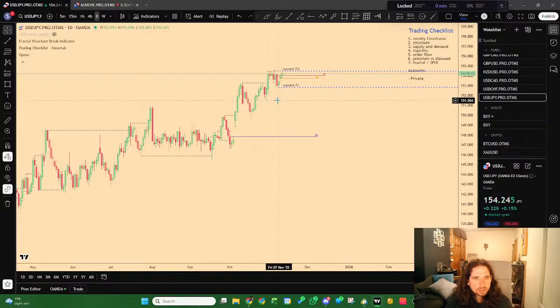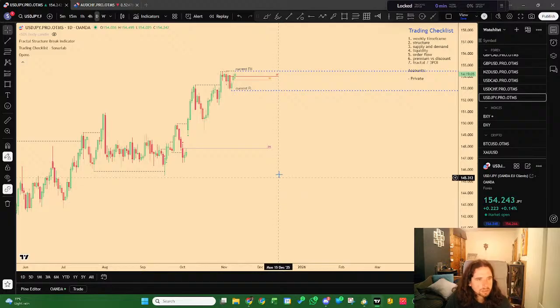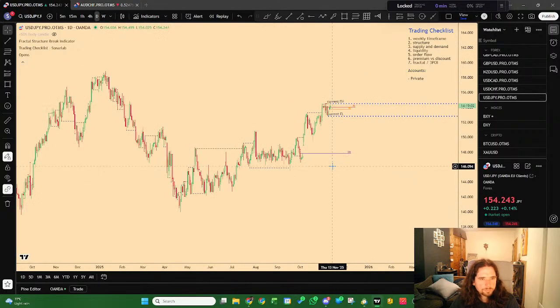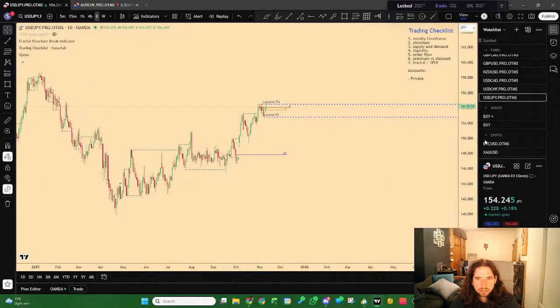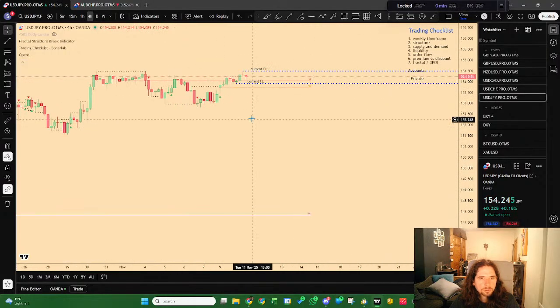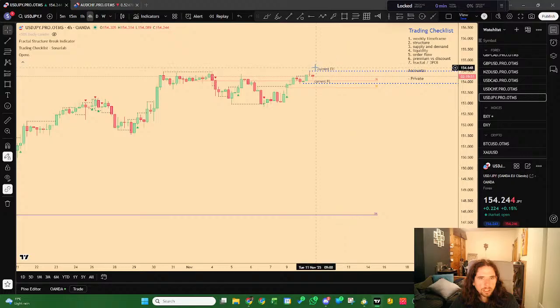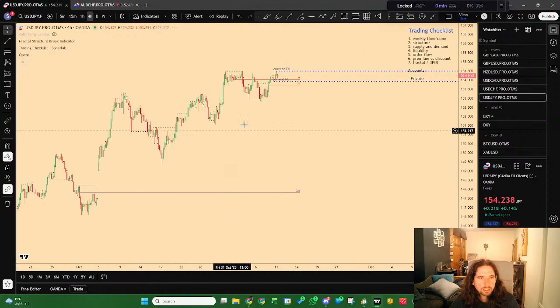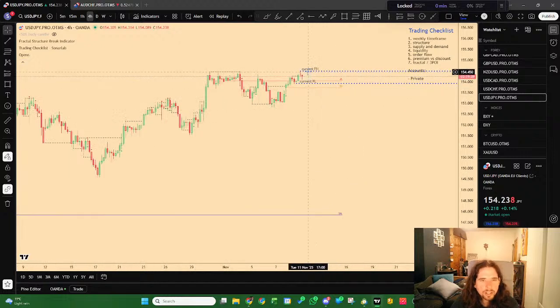That liquidity is still there. There's quite a lot of liquidity built up that we might see just going back down. Yeah, we've taken the liquidity up there on the 4-hour time frame. So yeah, I think we are going to be heading further down, and then yeah, we'll see once we get to this area of supply.